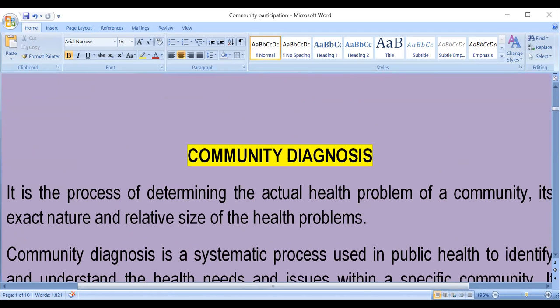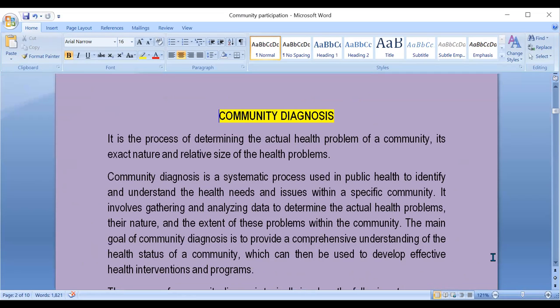Community diagnosis is a very important tool that is used in community health practice. The tool is very important for you to carry every member of the community along, okay? Because it prioritizes the real needs of the people, okay? So,